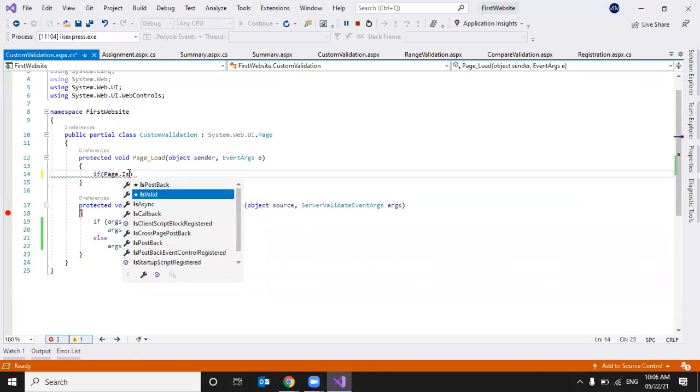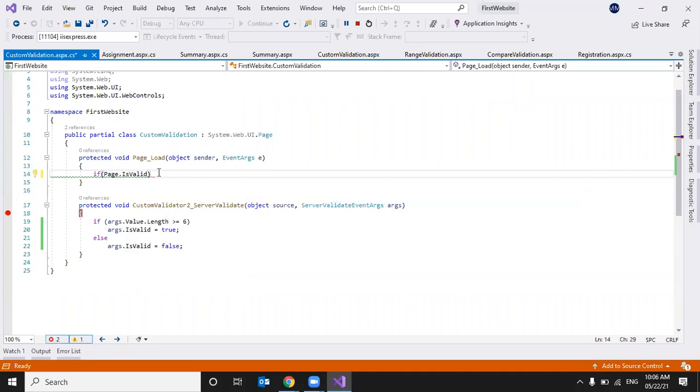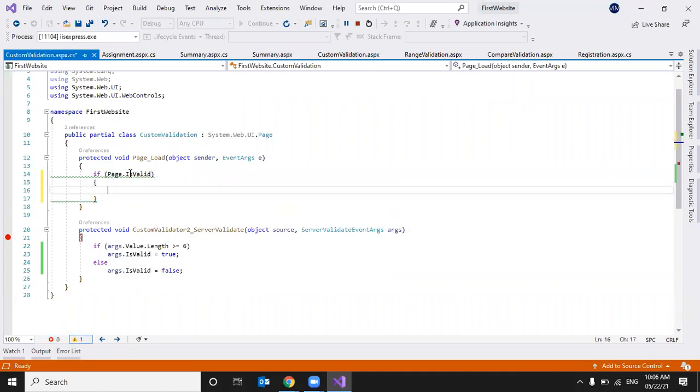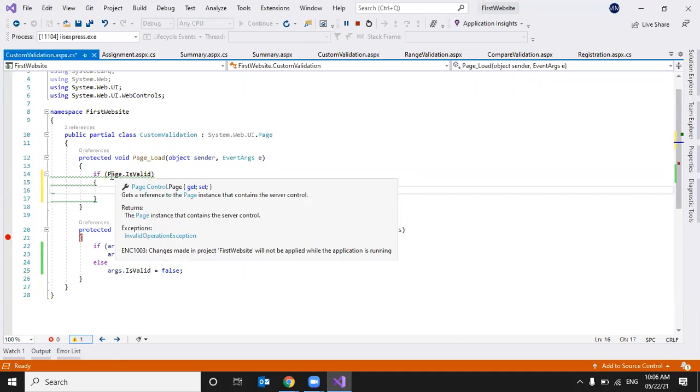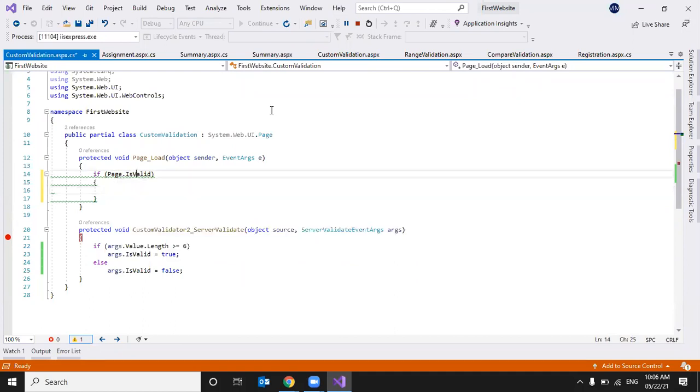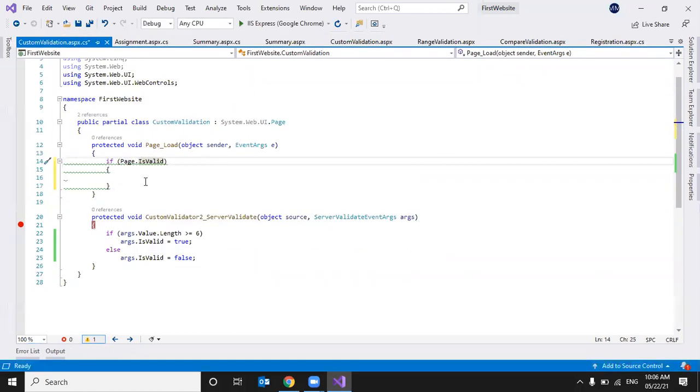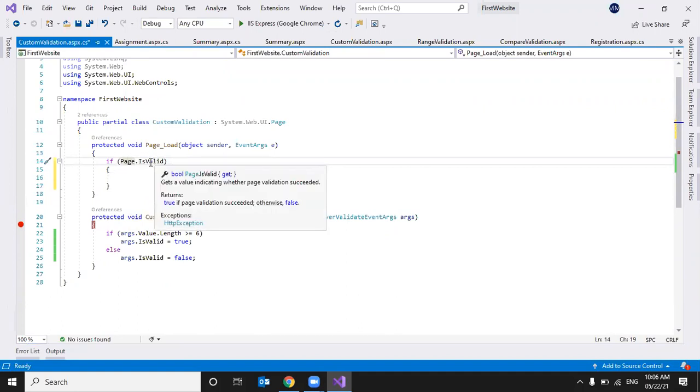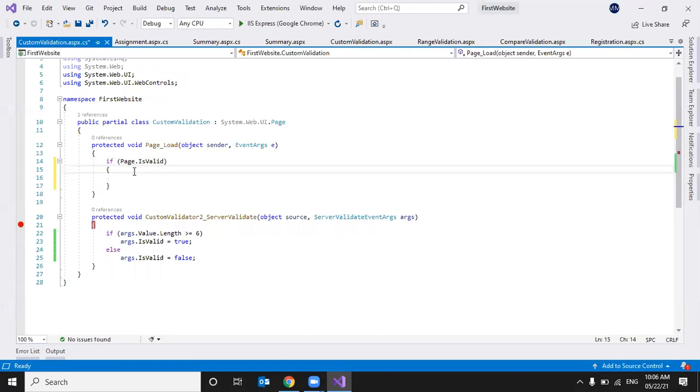If all validation controls are valid, then the page becomes valid. For that we write page dot is valid. It's a Boolean property. Okay. So this is about custom validation.